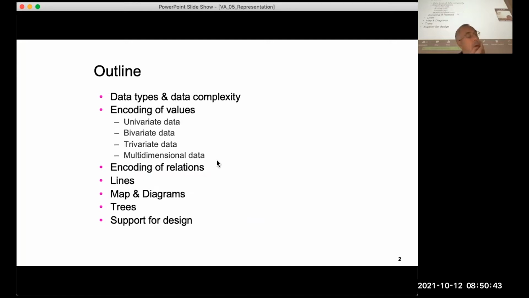multidimensional data. There is a part of this class that will be devoted to dimensionality reduction, principal component analysis, t-SNE. Maybe you are familiar with that from other classes. But I will do that in the direction of visualization, how to take advantage of that kind of dimensionality reduction for improving visualization. I will discuss how to encode relations, lines, maps and diagrams, and trees, which are a very special kind of representation. And we conclude with all the means you have at your disposal